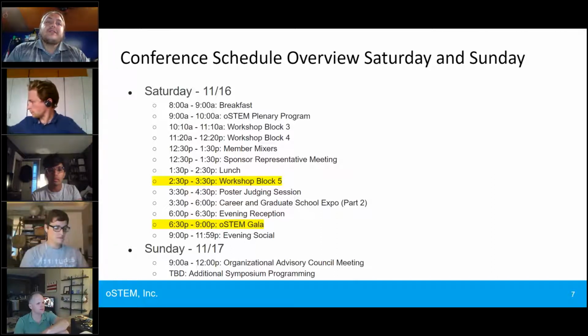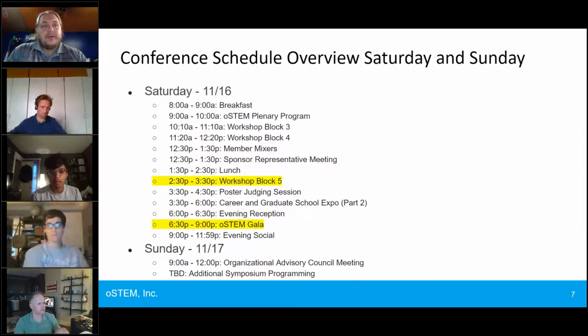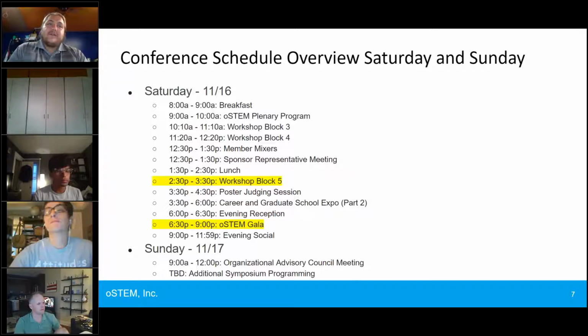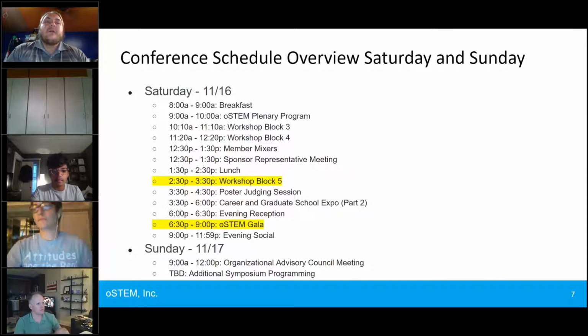And the biggest change to the 2019 conference is the general lack of programming on Sunday. We've decided to shift more of our programming to Friday and Saturday and allow Sunday for more specialized programming that typically needs additional time requirements that we haven't been able to adequately support in previous years.